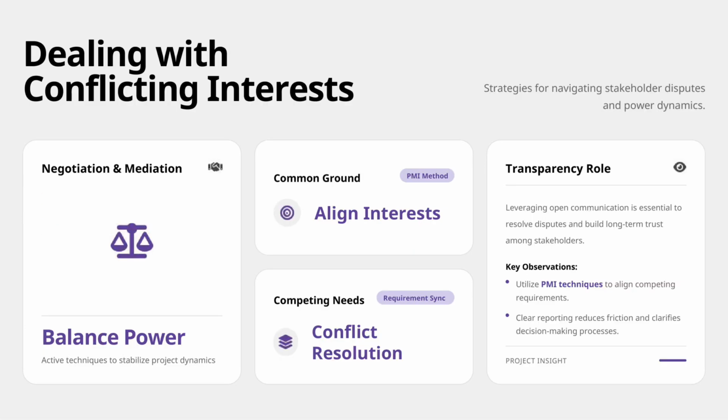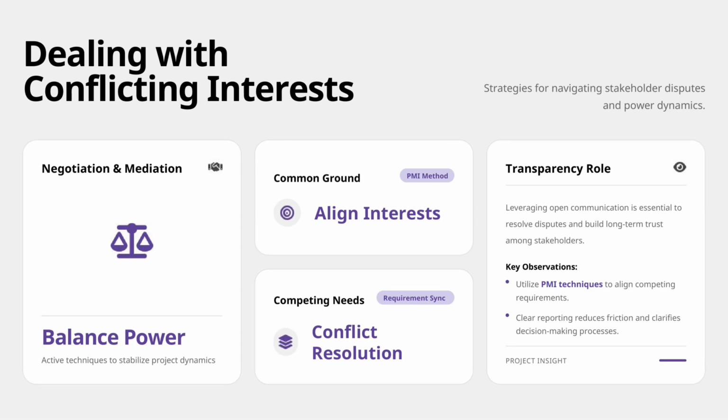Conflicting interests are inevitable, so this slide focuses on negotiation, finding common ground, and maintaining transparency to resolve disputes. It explains practical techniques like mediation, requirements alignment, and clear reporting to reduce friction and build trust among stakeholders who